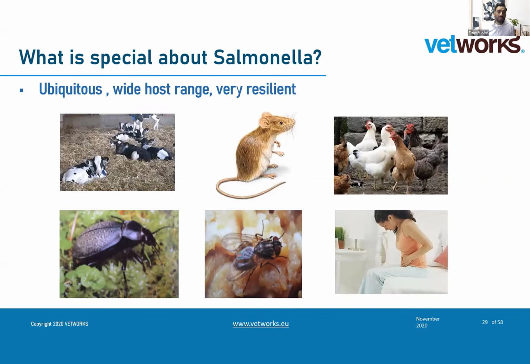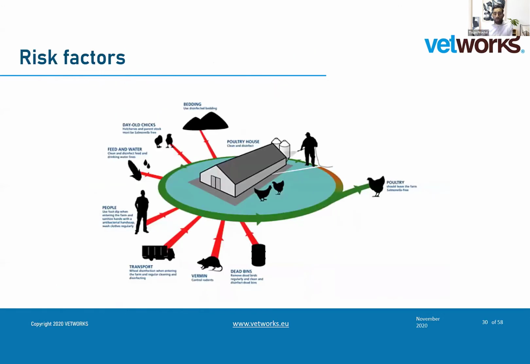sample. So what's the problem with Salmonella? It's an ubiquitous bacteria, like Hilda said yesterday, which means that we can find it everywhere, really. It has a high range of hosts and is very resilient, which means that the control is really difficult. And when we think about a farm and all the factors that we have coming into the farm, really, if you go back to the biosecurity principles that we preach, you can understand that combined with these characteristics of Salmonella, it becomes really difficult to control